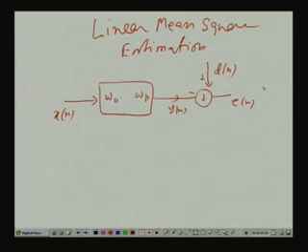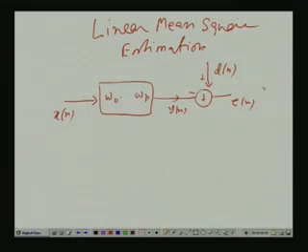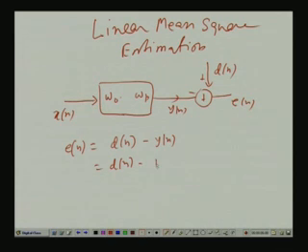I am assuming for the time being that all the processes and all the coefficients are real valued. This can be generalized to the complex valued case, but I will do that only later. I might not rederive it for the complex valued case, I will just quote some reference and give you the results. So what is e[n]? e[n] is d[n] minus y[n], and y[n] I can write as W vector transpose x[n] vector, where W vector is these coefficients,